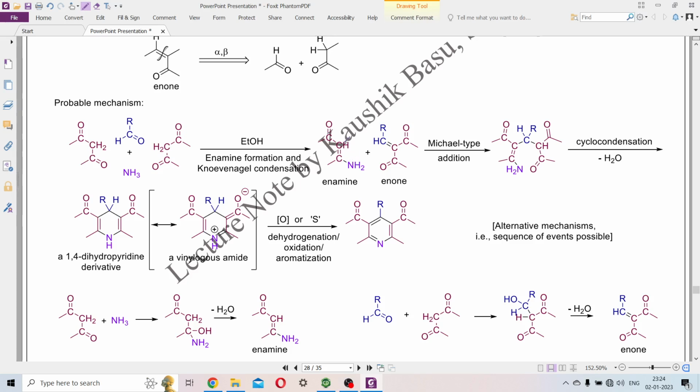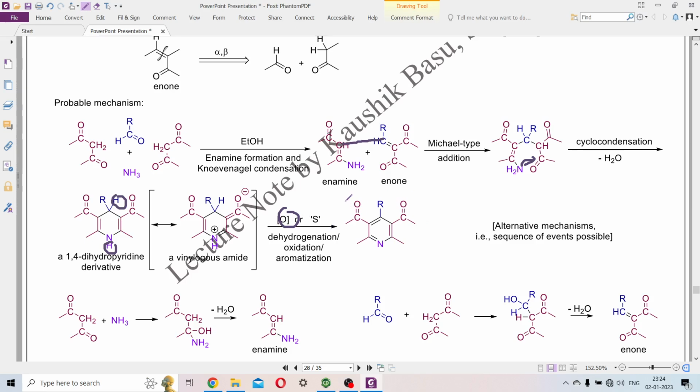Now a Michael type reaction can take place where the combination will be between these two carbons, and I will end up with something which resembles a 1,5 difunctional compound. And now a cyclocondensation will take place, where I will have a 1,4 dihydropyridine derivative, which is a resonance stabilized vinylogous amide kind of thing. And then I will remove these two hydrogens from here. So I will have to do a final oxidation step, which is a dehydrogenation or oxidation or aromatization, which can be done by heating with sulfur,